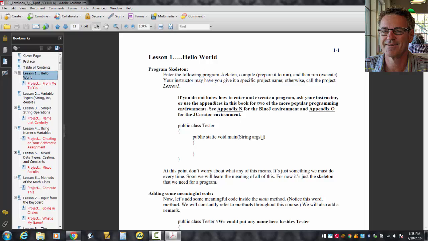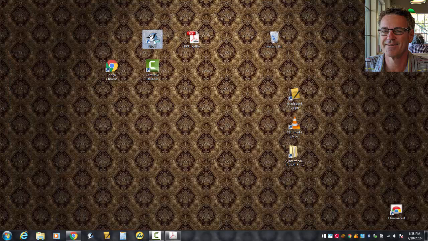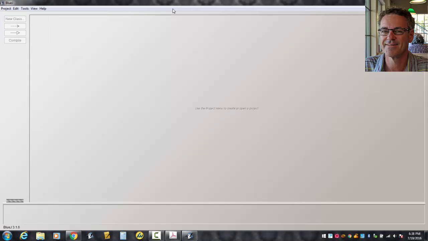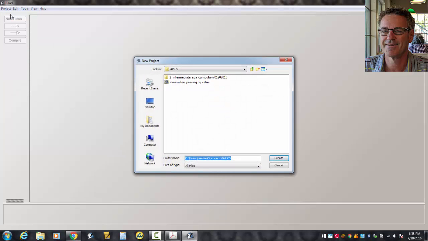First of all, the program skeleton. Okay, so I'll minimize this and go to BlueJ. Recall that when we click on BlueJ, at least for the first time, it gives us a blank space. There's no project open. We have to make a project in order to put files in here. So I'll go Project, New Project, and I'll call it